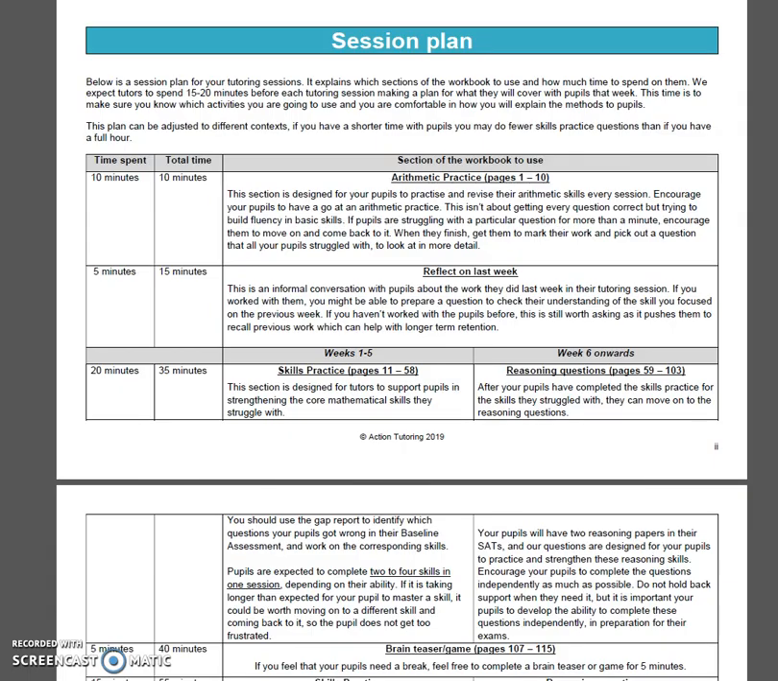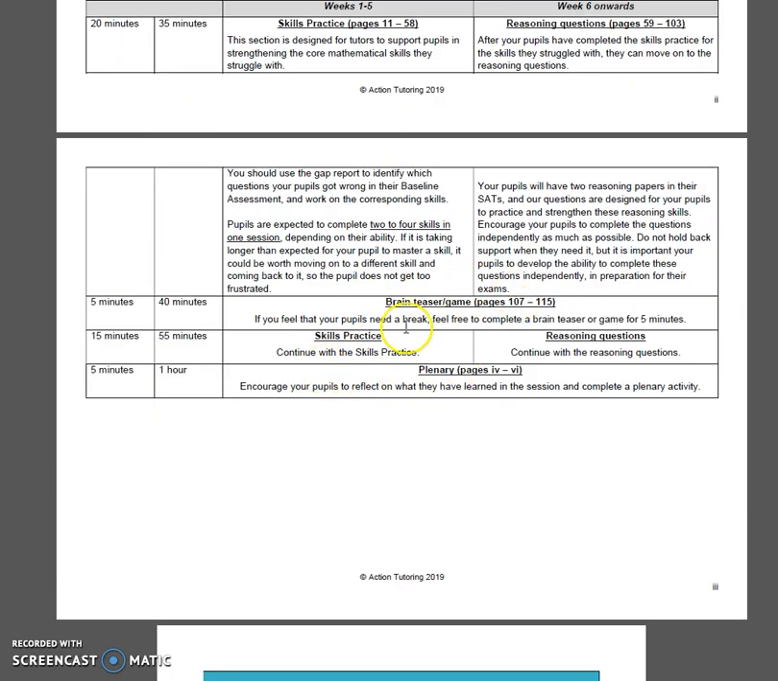Now, the session plan shows a brain teaser or a game. These are something that you don't have to do every week. It probably depends a little bit on how your pupils are finding the particular skills you're working on, or their mood in the session, how they are generally that day. But if you do feel like they need a bit of a break, then we've got some brain teasers and some games. So if I show you those,